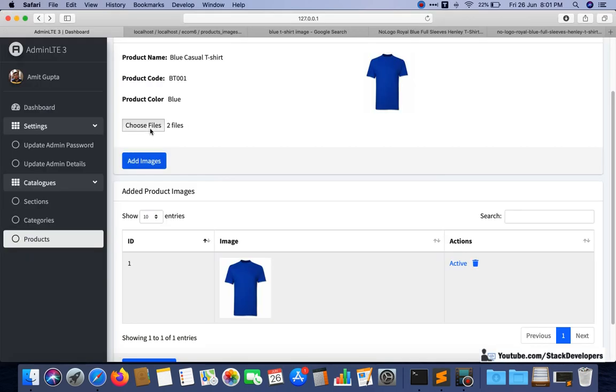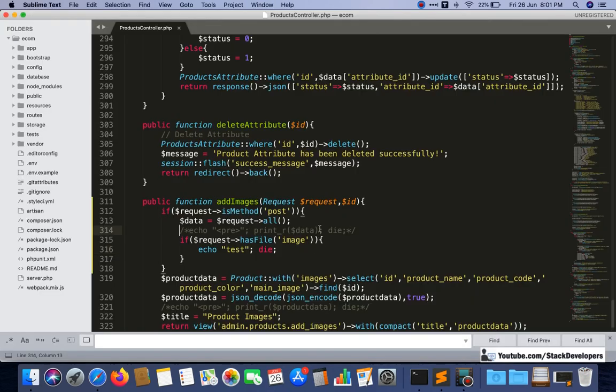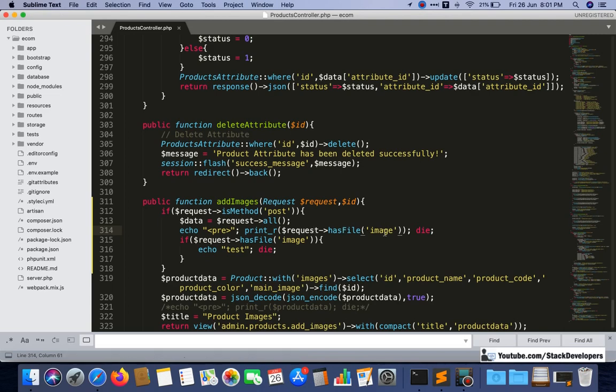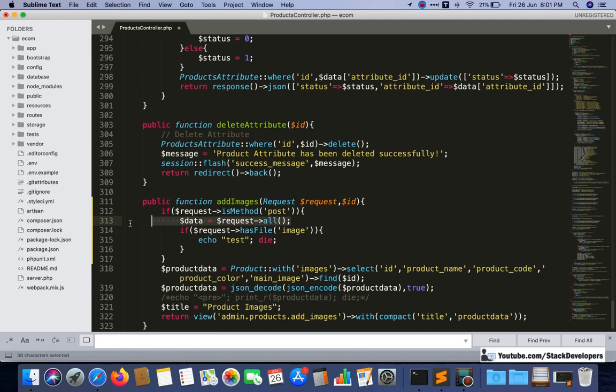Once again I will go back, and you can see two files are already there. It is coming inside this, and I want to show you what's coming inside. You can check hasFile inside this one to see what comes inside. You can check here, see, 1 or 0 will come. It means that it has images. So you can simply undo, and it is working fine. We are reaching inside, and this one is also not required right now.